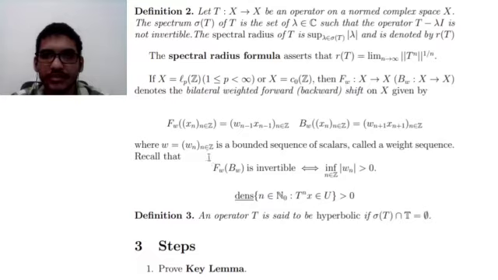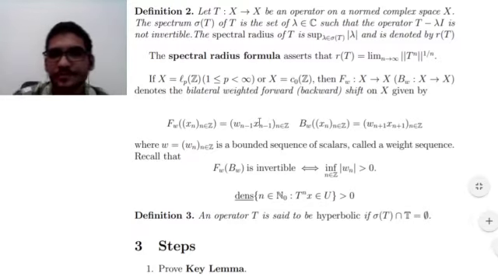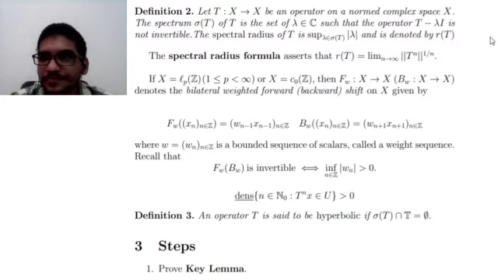It is a sequence used to define these two operators and it is called a weight sequence. It is like a weight. Okay, you multiply by the weight every coordinate. Okay,